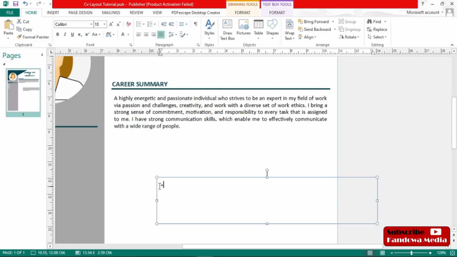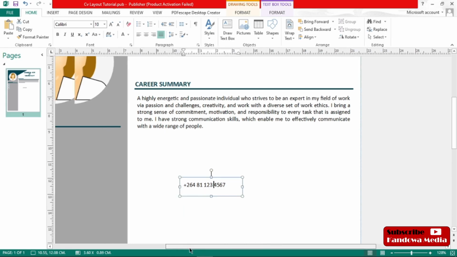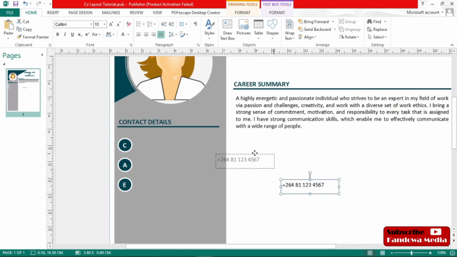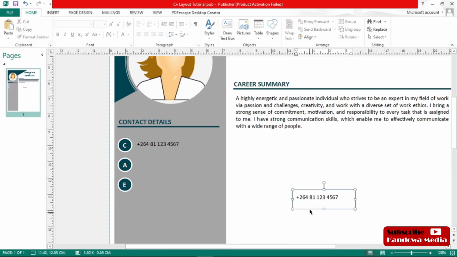This is going to be our cell phone. Let's just say in Namibia here we use a code 81. Let's say 1 2 3 4 5 6 7, right? And then you got that, put a space in there, right? Let's say that's your cell phone number. You got that, and then you can just move it right here. You can move it right there, and then copy that again, paste it somewhere here,